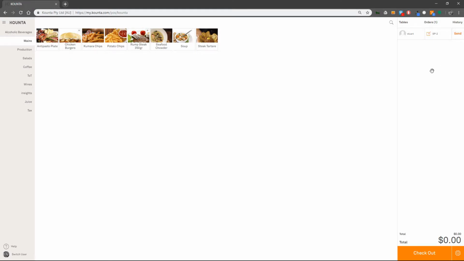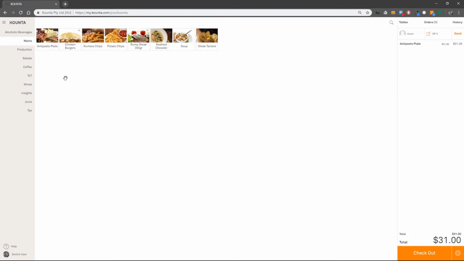Now with this send, what will happen is if you've got an order that's going to remain open, such as you're in a restaurant, people are going to be ordering for about an hour, we can just add items to the bill and click on send. When we click on send, those items will either be printed in the kitchen or displayed on a display in the kitchen. Okay. Now what I'm going to do is just ring up a tab,